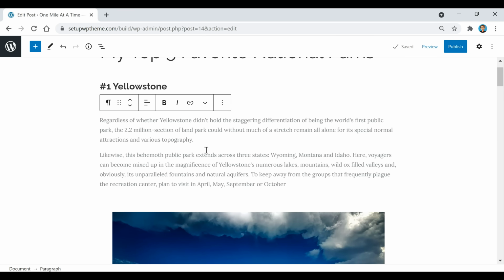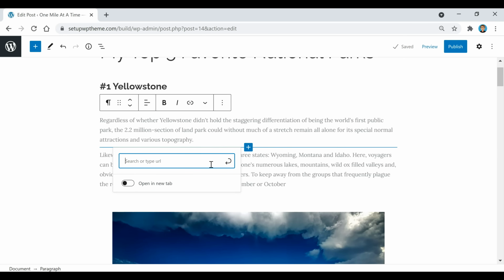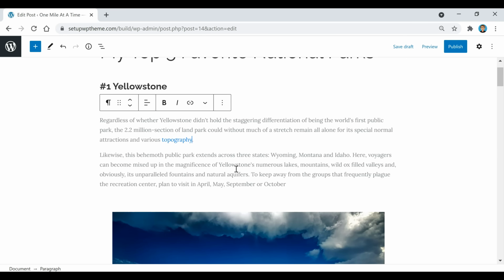And one more small thing I wanted to mention to you guys was, if you have some text that you want to be clickable and have it go to a link when somebody clicks it, all you would do is the same thing as pretty much linking to anything else. You'd highlight what you want there, click the link, enter your URL here,